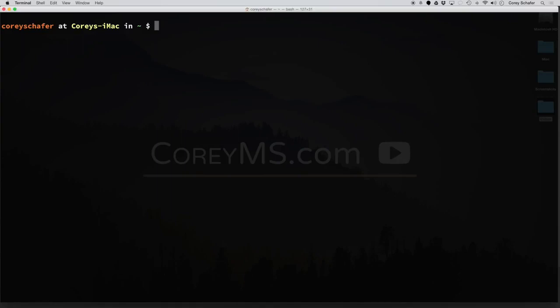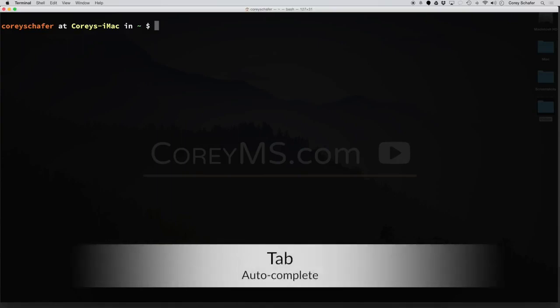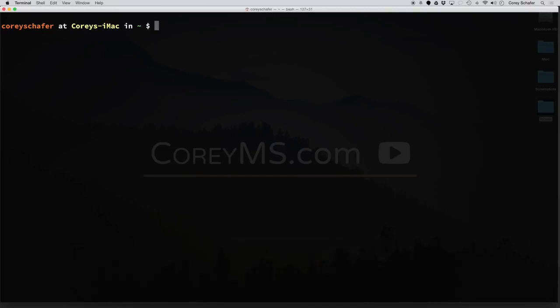Another nice command to know is the Tab key, and a lot of people already know this one, but if you don't, then you'll use it all the time. It will autocomplete. So say for example, if I'm typing in cd and I know that I want to go to my projects folder, all I have to do is type in the start of the word, and if there's nothing else that matches that other than projects, then I can hit Tab, and you can see that it automatically completes that. So if I want to go to demos, I can hit D, hit Tab, and then if I want to go to terminal,